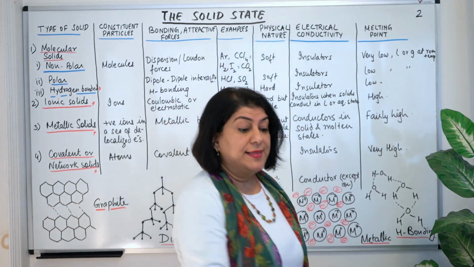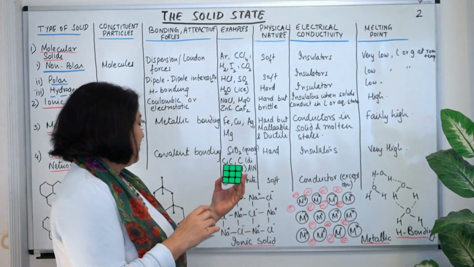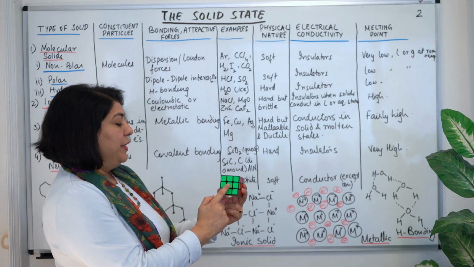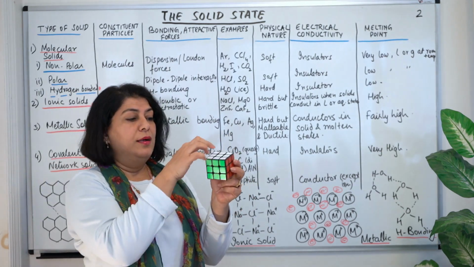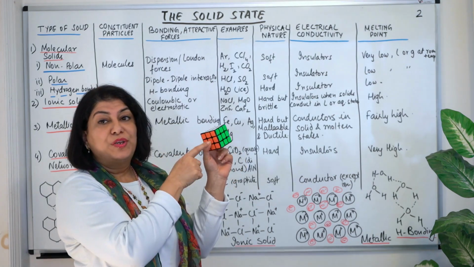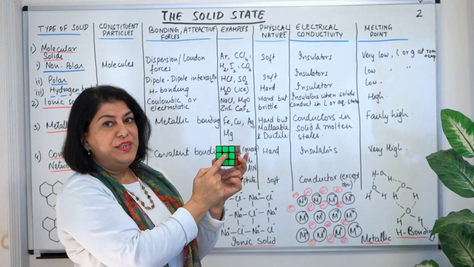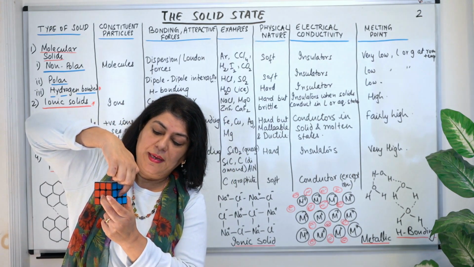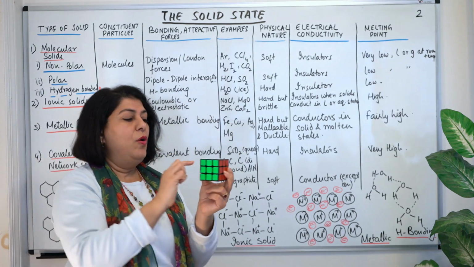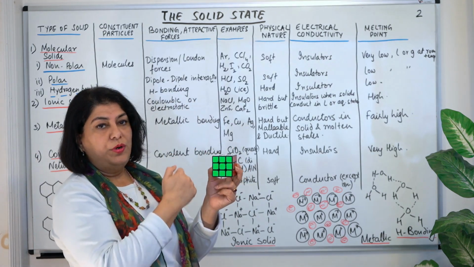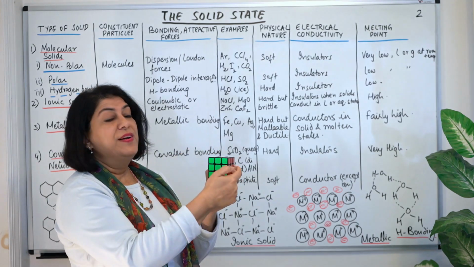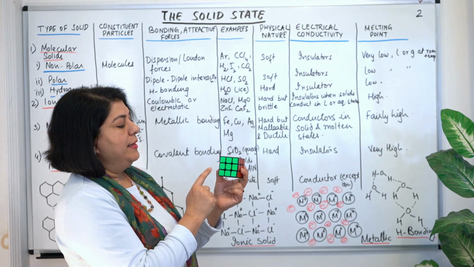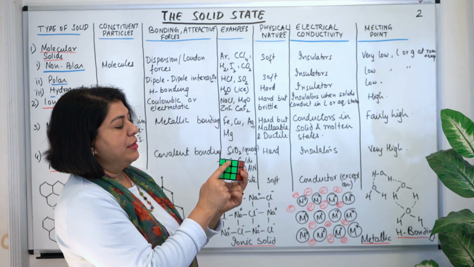hard solids. Example, you can take a Rubik's cube, which is a very good example of sodium chloride. If this is, let us say, chlorine, imagine the square in the middle of the cube, in the center. In front of it, it has a sodium. Behind it, it has a sodium. And then on the 4 sides, it would have sodiums. Or if you imagine this to be sodium, then it has chlorine here, chlorine here, chlorine here, chlorine here,